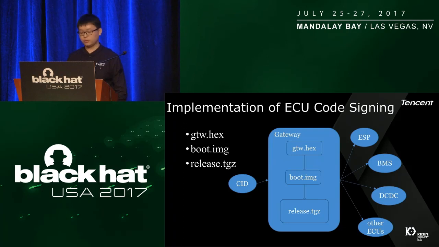As we all know, an ECU is a very small computing unit. It cannot check the signature on its own. So, because of the existing architecture of Tesla's CAN bus, Tesla implemented its code signing in a special way. As Du Yuefeng mentioned, the CID transfers two important files, the boot image and the release TGZ, into the gateway. The gateway checks the signature of the boot image file. Once it passes, the gateway will turn into update mode, load the boot image file into RAM and execute